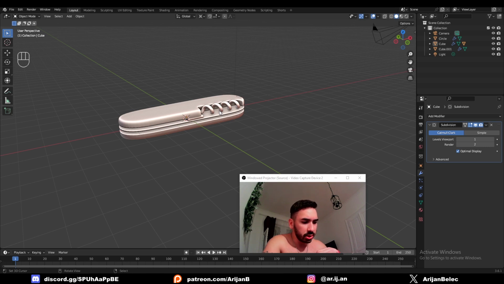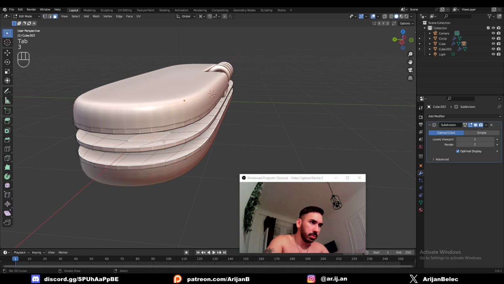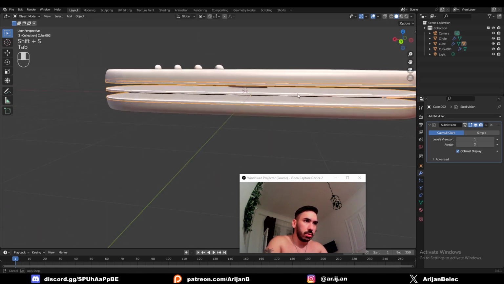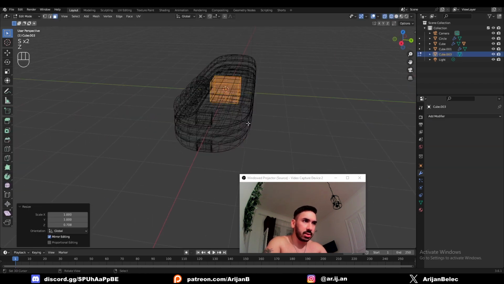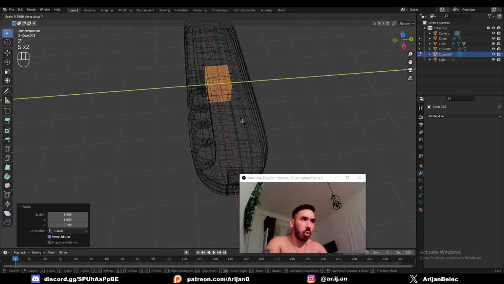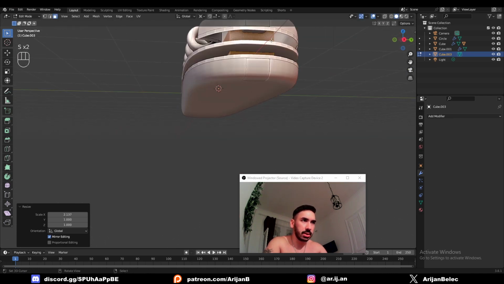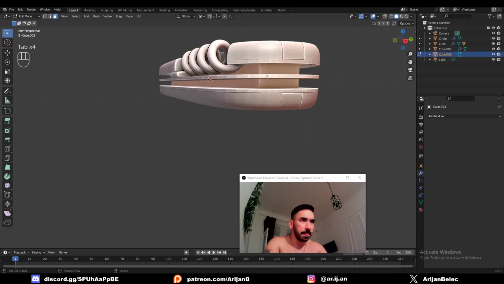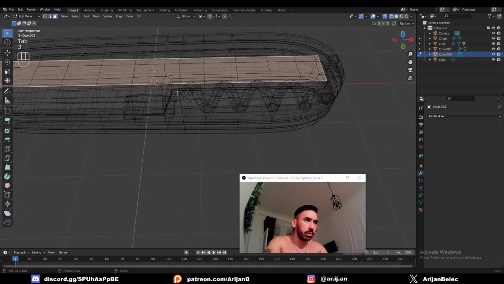Now we just have some really simple stuff. For example, we have a cube going through the middle. So if we select this whole thing, we place the 3D cursor there, we have a little cube that acts as a core piece of this object. All right, something like this. And we didn't fill this, so this is not really supposed to be visible. But the part that I'm talking about, it's like if we delete the top and the bottom faces of this,